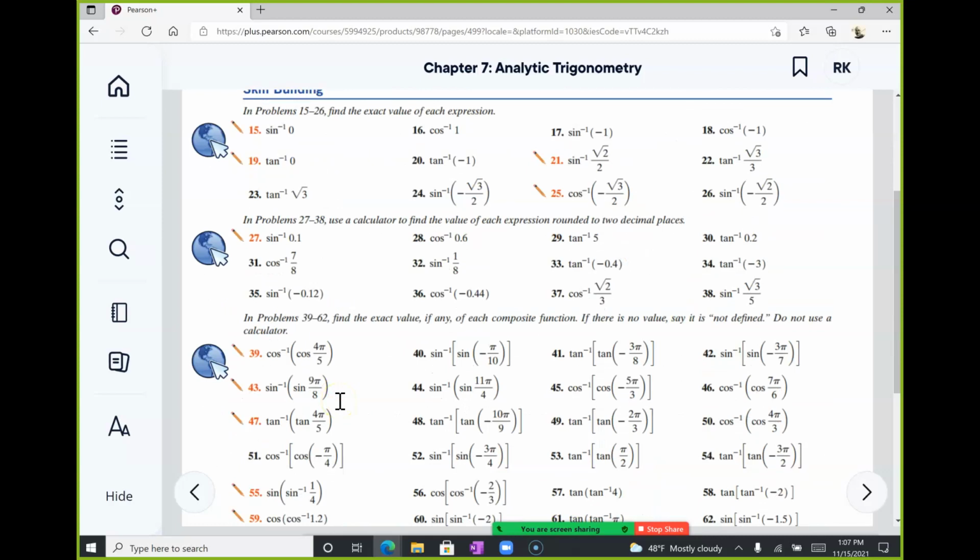So a bunch of problems here. I definitely think the use of the calculator ones are not that interesting. So I like 15 to 26 here. I certainly like 39 to